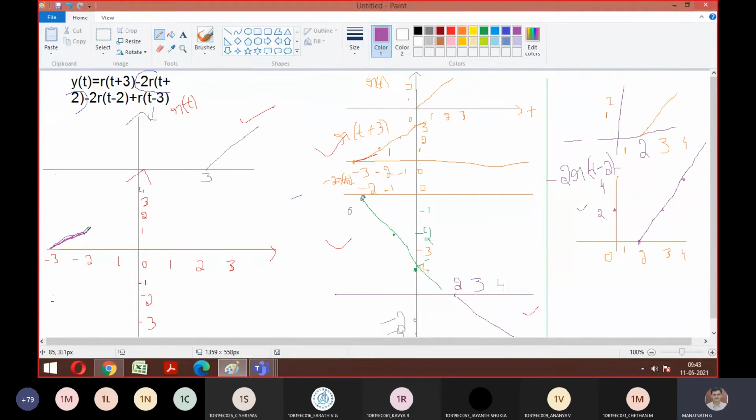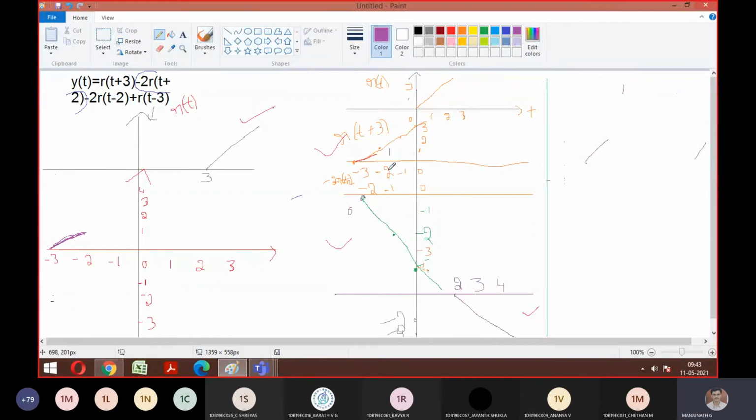Others, is it fine? Okay, now let's move on from -2 to -1. I will try to write the things aside. If you write a signal separately, it will be easier for you. Look here, -2 to -1, it is increasing. What is the amplitude for -1? For -2 it is 1, for -1 it is 2. So it is increasing with an amplitude of 2. This I should add with this signal.